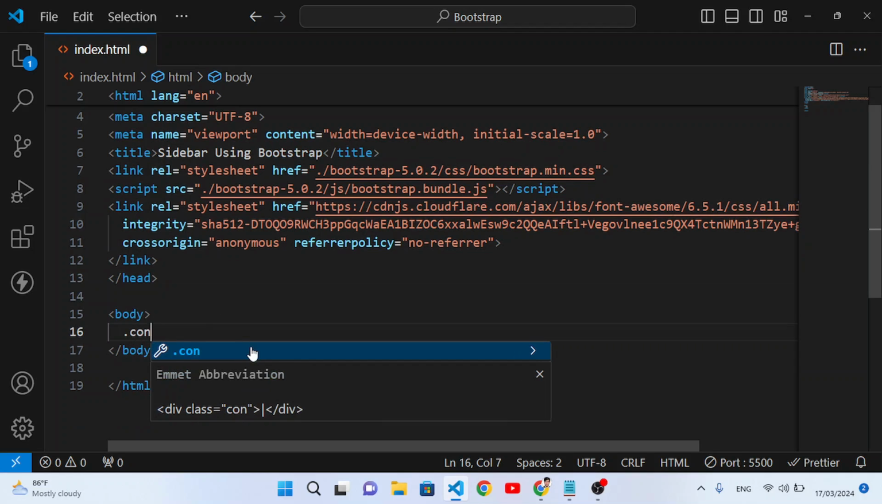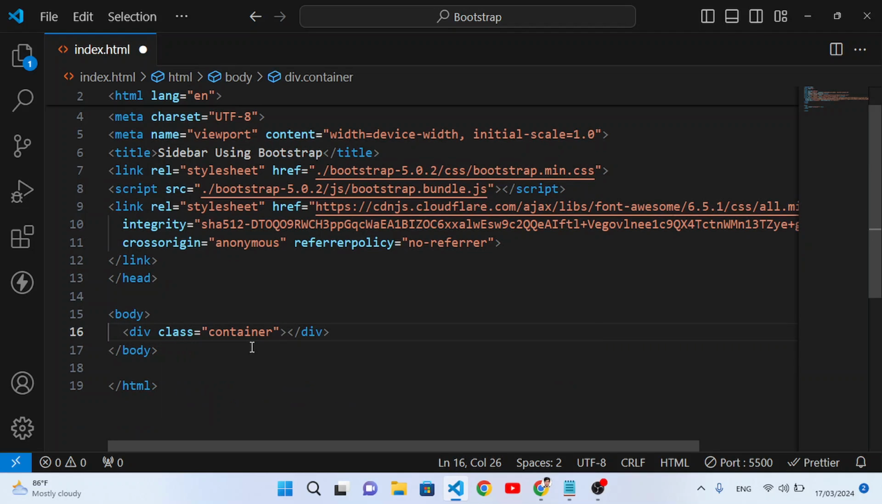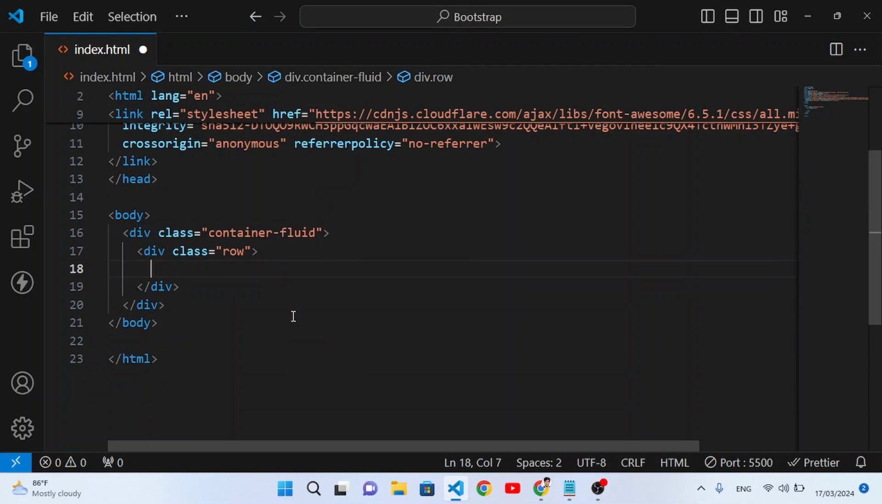First of all, we will have a dot container div element, and after that a dot row div element. These are Bootstrap classes. I will change this container to container-fluid, and row is also a class of Bootstrap. And inside this row, now let's create another div element,